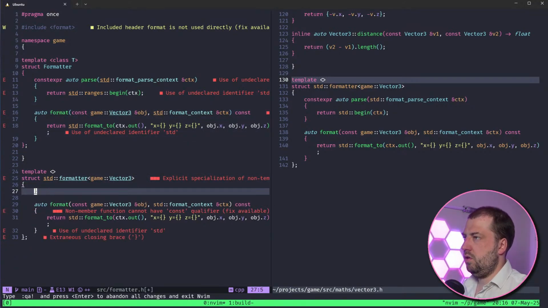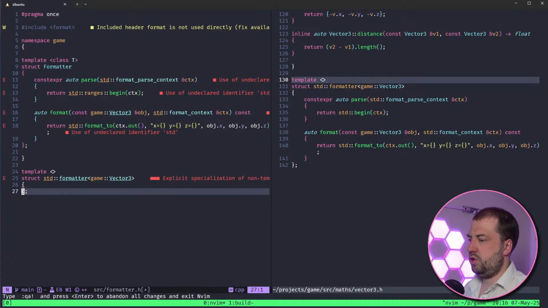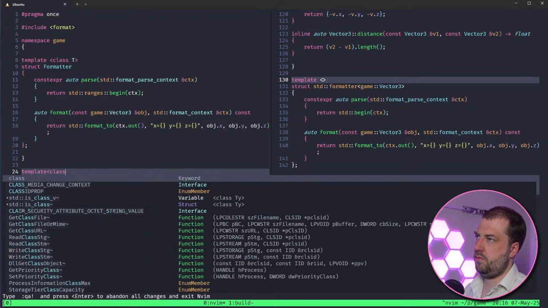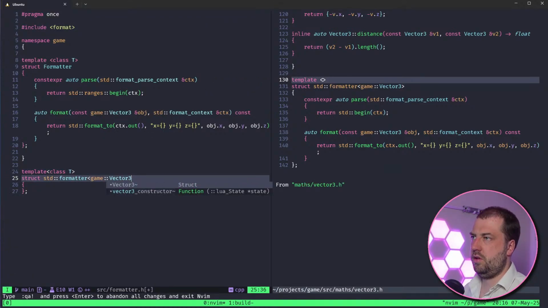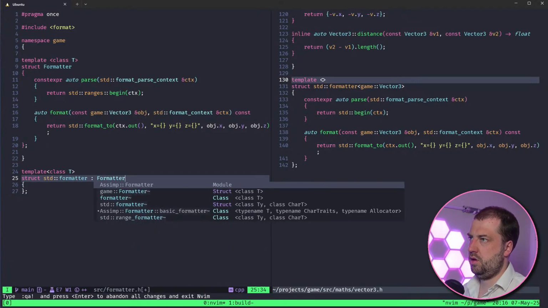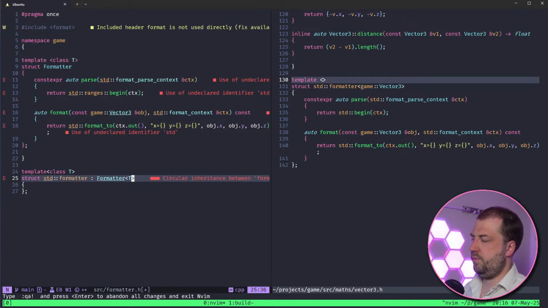Then all this disappears, right? And then we should be able to do okay. There's some extra